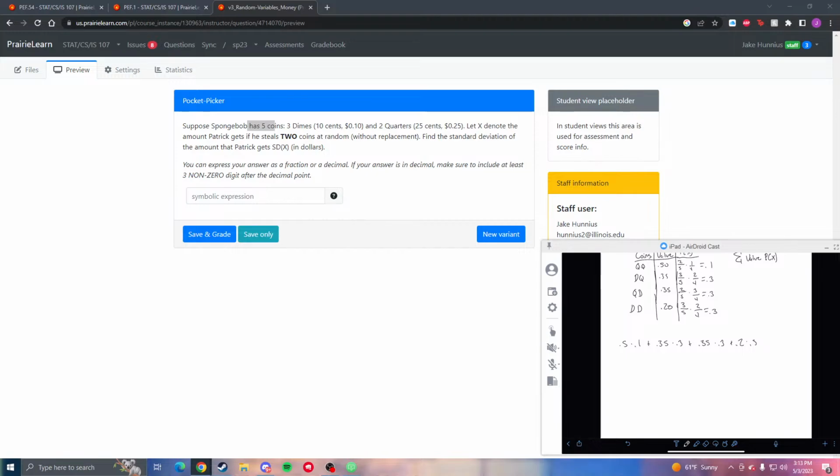And we get an expected value of 32 cents. Magical, I know. So now we have to calculate the standard deviation. So the way we're going to do that is it's the square root of